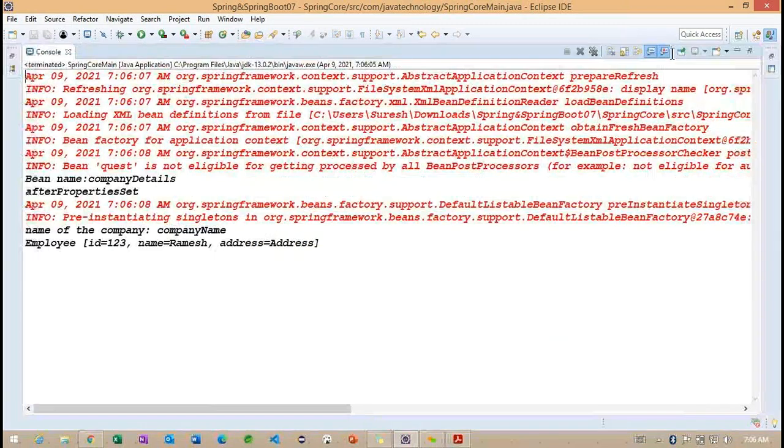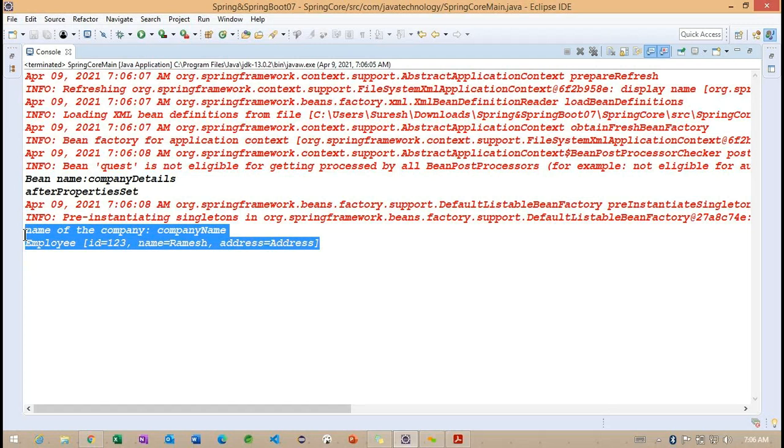Now we can see what is happening internally. Whenever we make this explicit wiring also, which one is giving the object information? Which one takes high priority here?